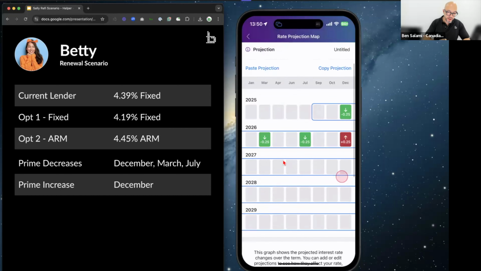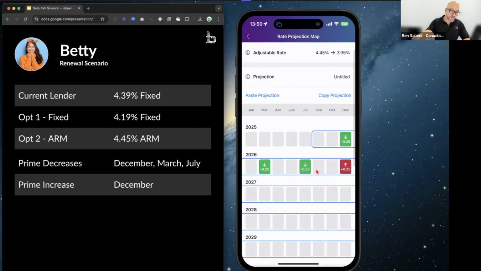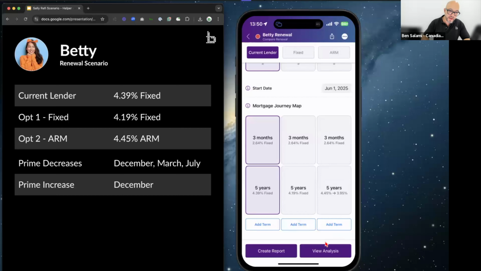So that's the projection map. You can see here, you get the drops and the increase and what it means to your balance as well, and also your term interest. That's the current term. Let's exit out of this, save this. And now when we go to our analysis,